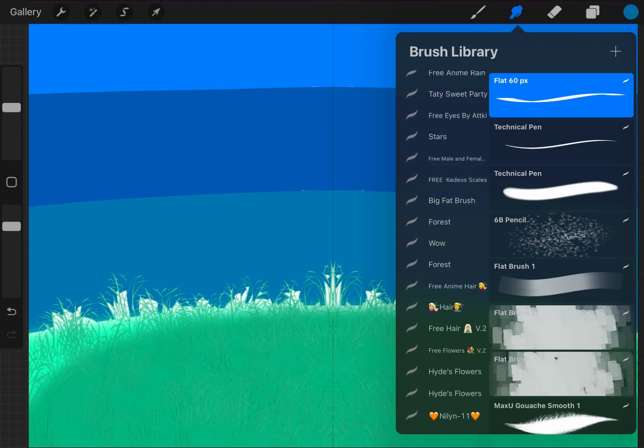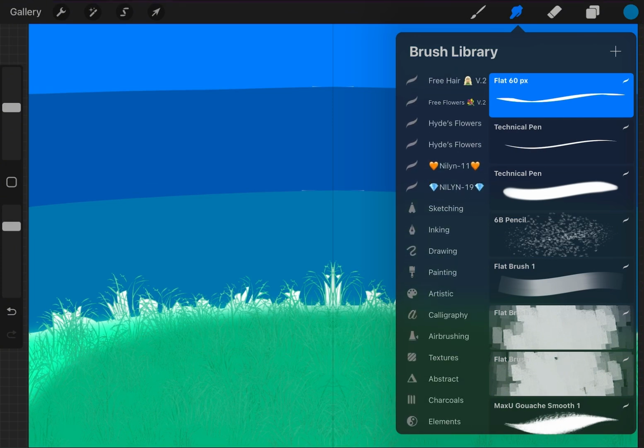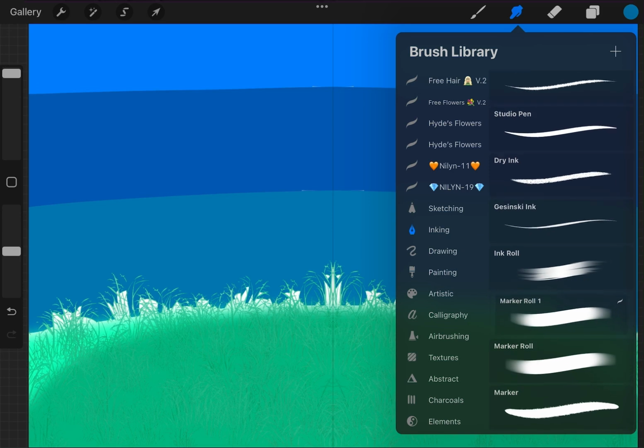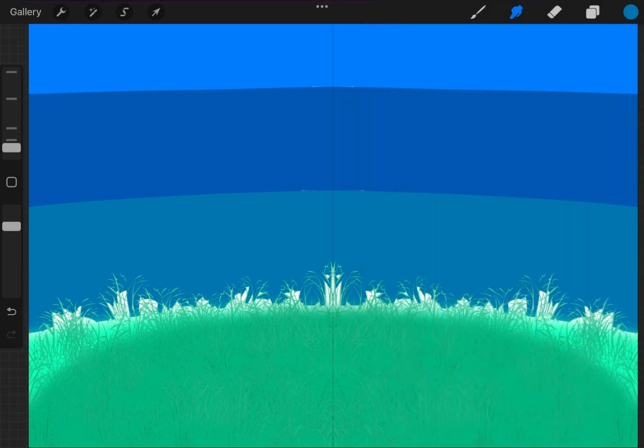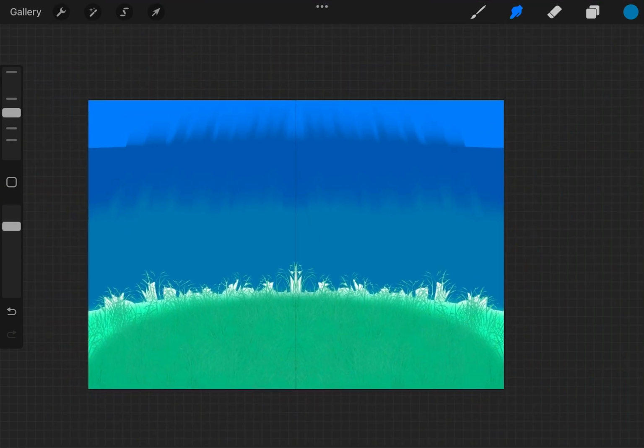This is not for drawing with your finger, it's to blur it. So we're going to go to Inking, pick Marker Roller. Then we're going to make it bigger and rub it all together so it's a nice, good texture. We're going to make it smaller so we can see the threshold a bit longer. So we keep going. It's looking like fur right now, which I don't really care about. Anyway,